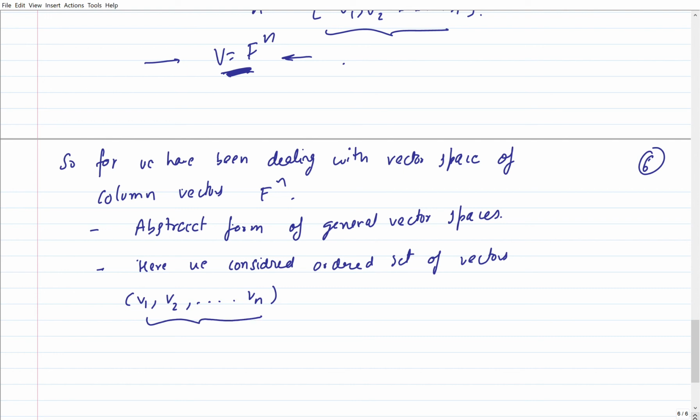So now this is not a matrix, but I can still define some product. This is not a matrix product, but I can define a scalar product. So that gives me v1 x1